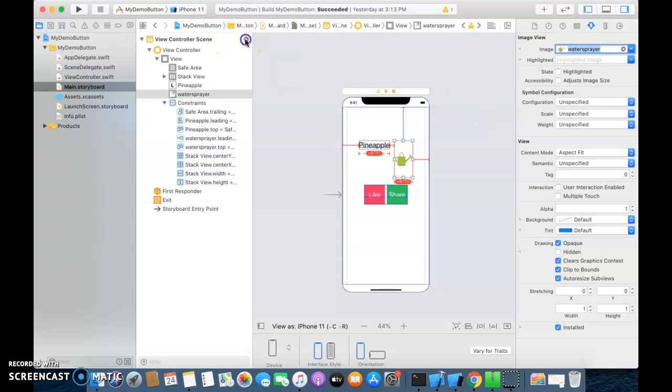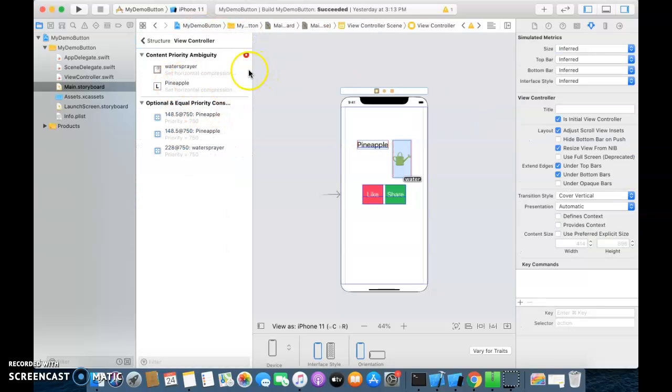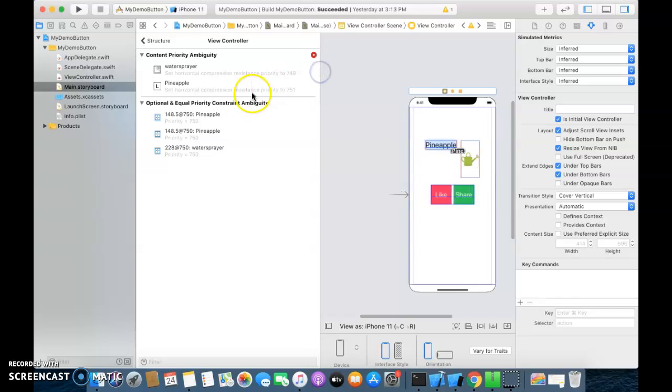What does the error say? It says to set the horizontal compression priority to 749 for an image view and set the horizontal compression resistance priority to 751 for a pineapple.